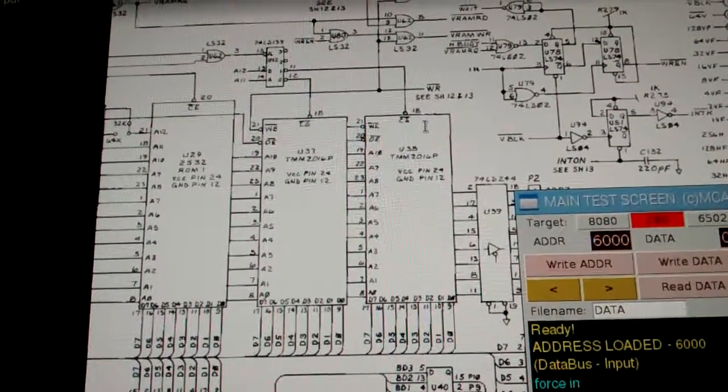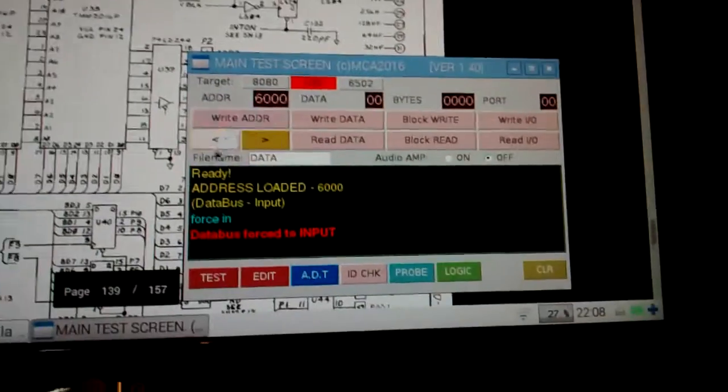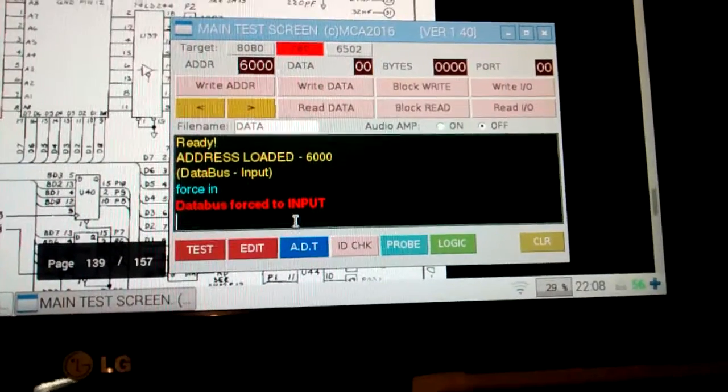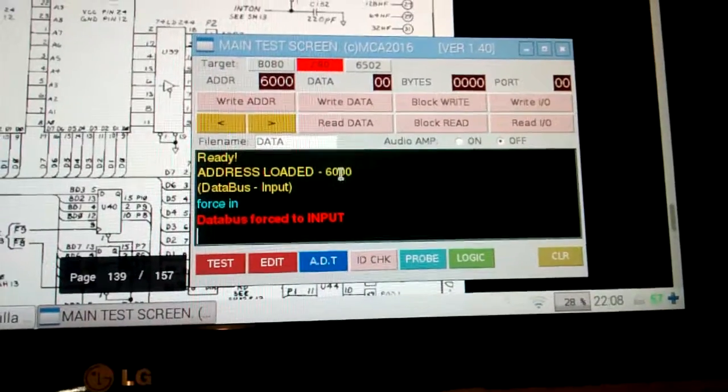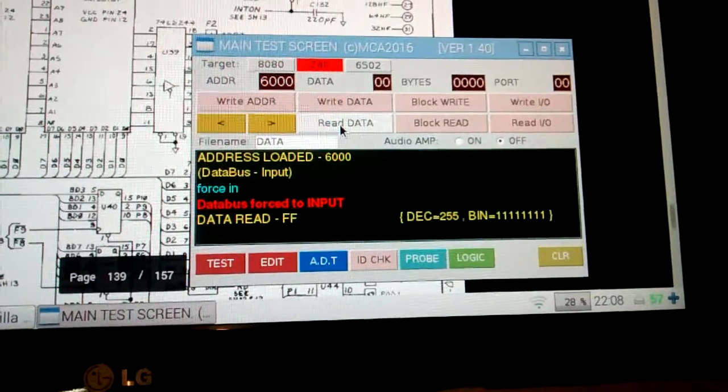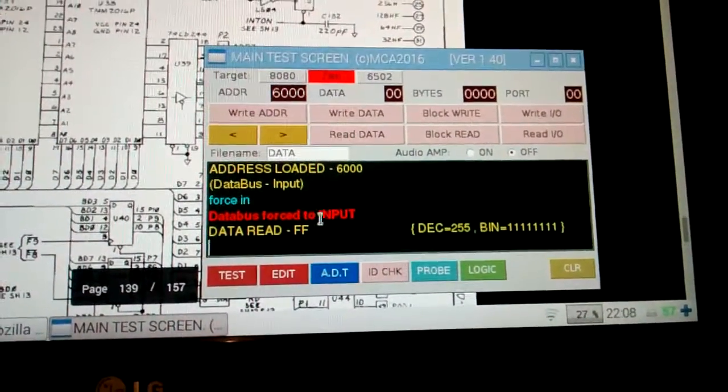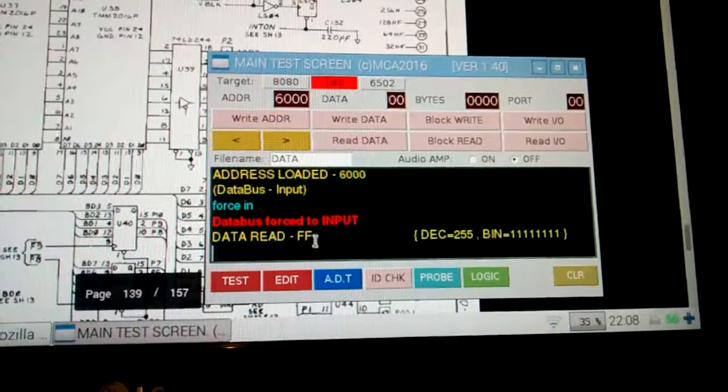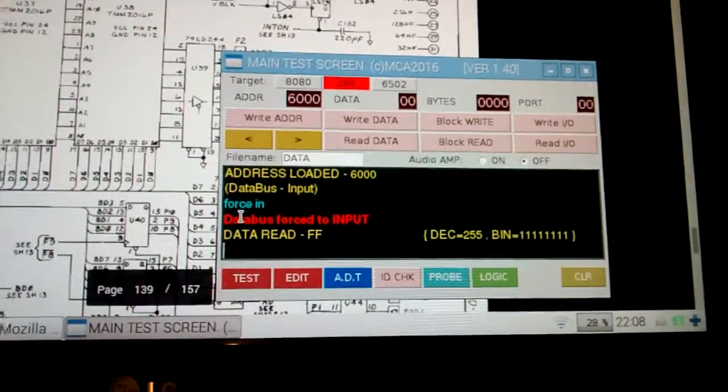So to get the write enable to go low, I have to do the same thing again. When you force it to an input, you can actually just put it back to normal just by doing one of these. As soon as you do that, that goes out and you're back to normal again. So if I did force